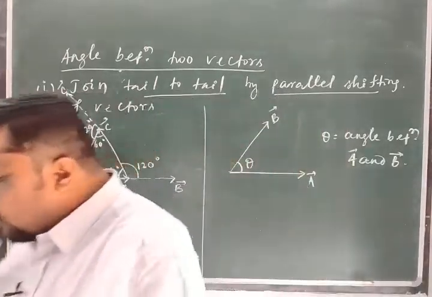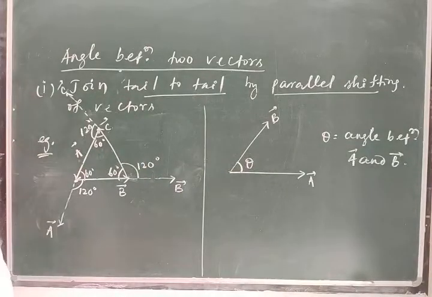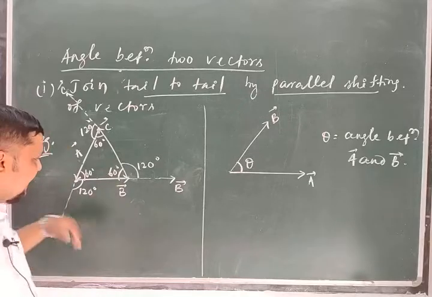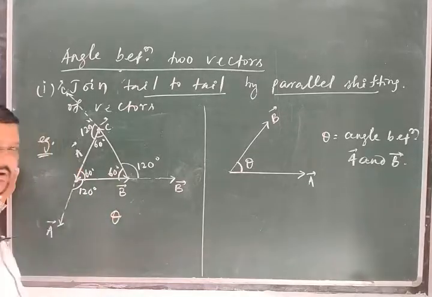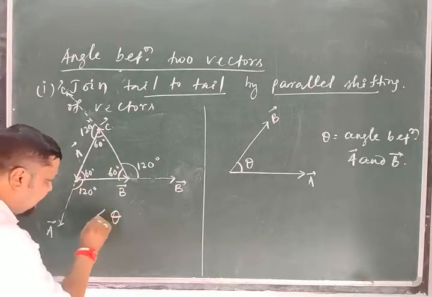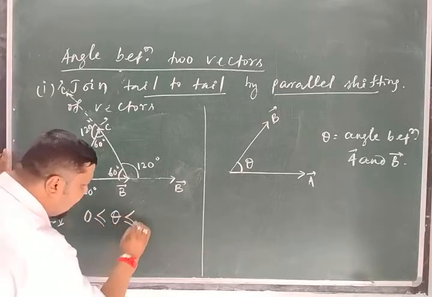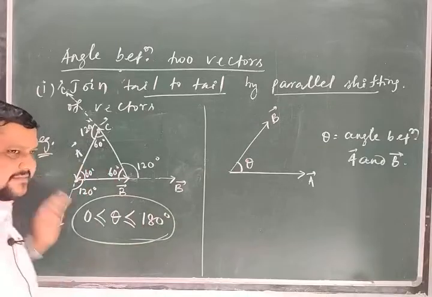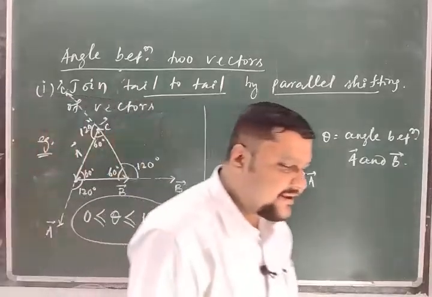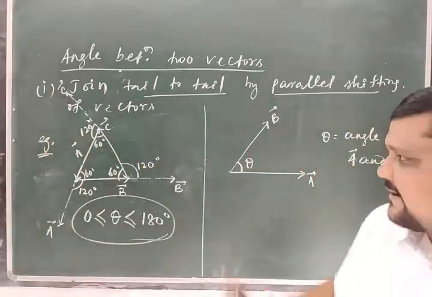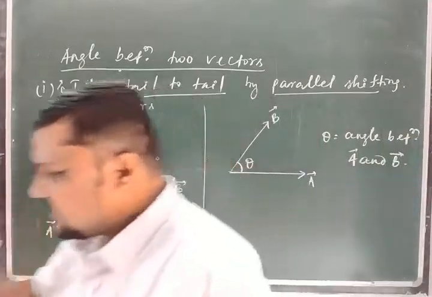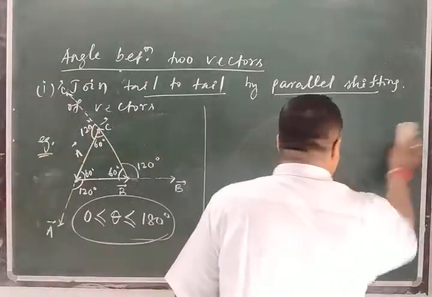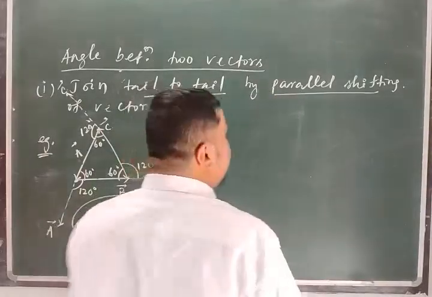Okay. So from all these discussions, we know that the angle between these vectors always lies between 0 and 180 degrees. In any case, the angle between two vectors always lies between 0 and 180 degrees. So far in the discussion. Now you take an example like that and think about how to find the angle between the vectors.